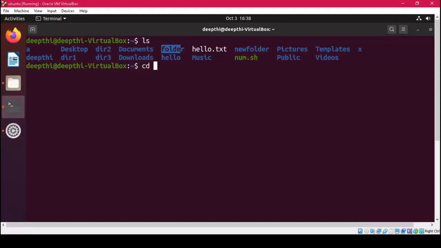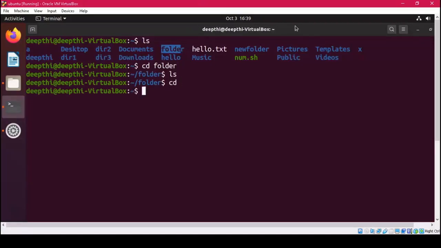Also, there is one more way of checking this: you go to your terminal and you simply write cd, the command which is used to change the directory. And now I'm going into this folder. So now when I reach the folder and if I write ls again, you can see that it has not displayed anything. It means there are no files and directories available in this. So there are two ways. Either you go there directly and see it through the GUI, but you can also see it through your terminal.